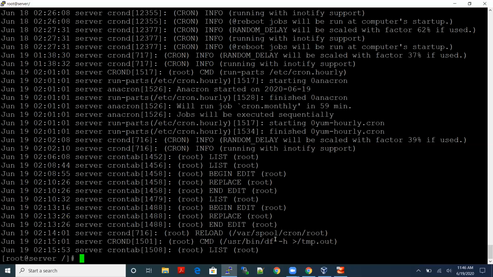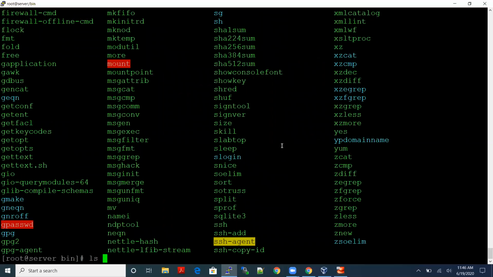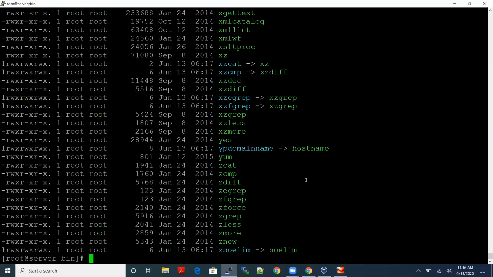By default, executable files are stored in bin or sbin, sir? No, it's OS-related files only. Whatever is available, if you want, go to cd /bin and ls. These are all the commands. They are all script files only. For example, we execute ls -l pipe grep date.